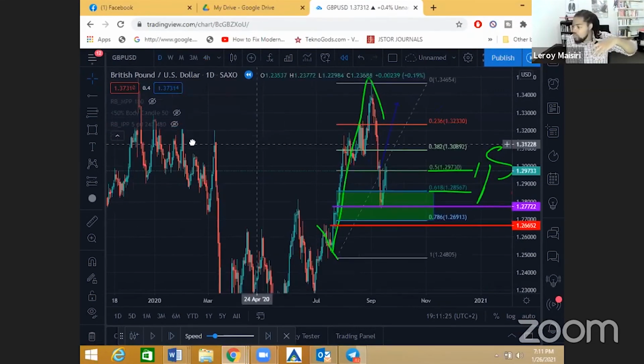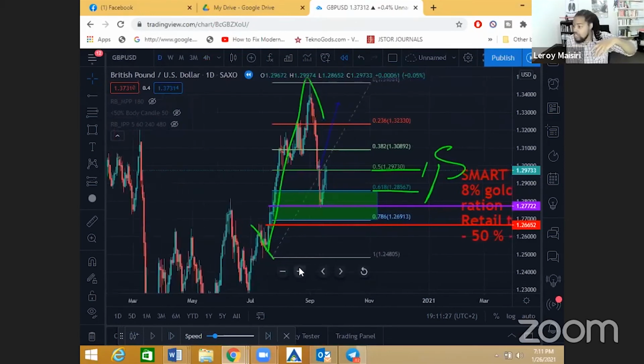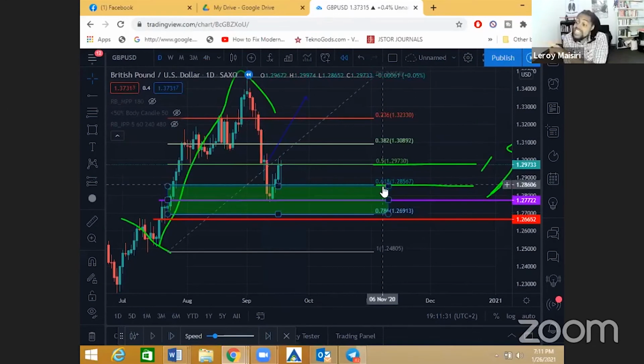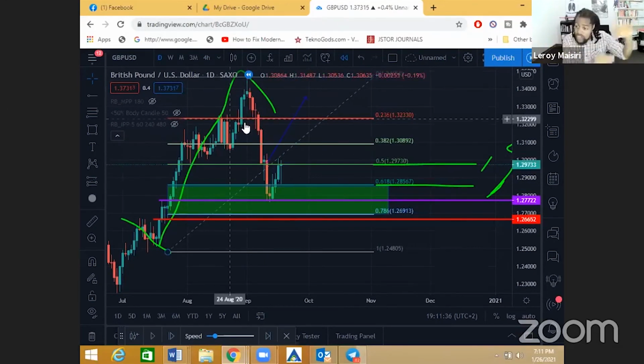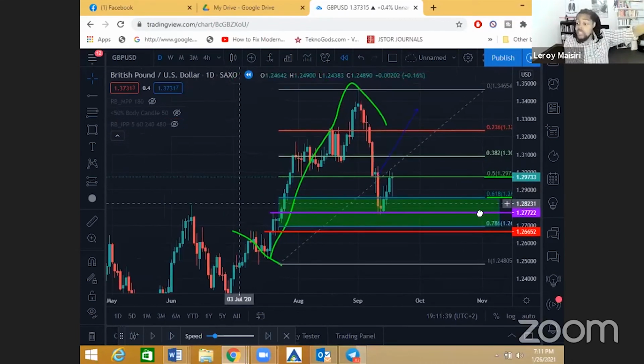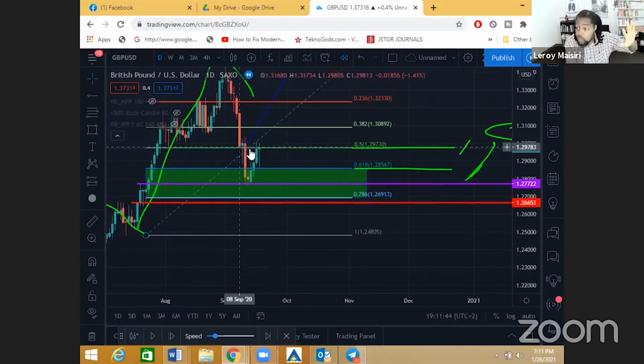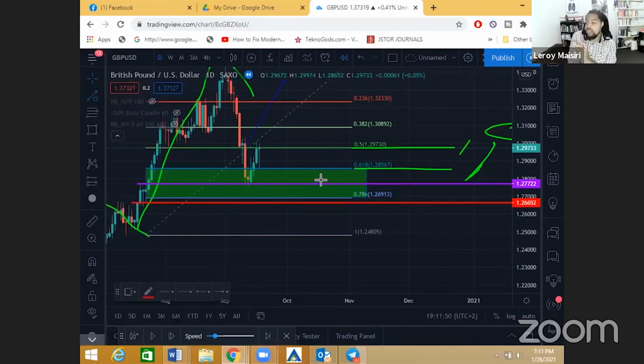So long story short, there we are back on the daily time frame. Price finds a place to sit, and it's inside my golden ratio. Any retail trader who was trading that support, remember we look for support on the left, got their stop loss hit. That's rule number one. They're out of the game. They created a pool of buyers, sold to them, pushed price lower, and there they are. Now,